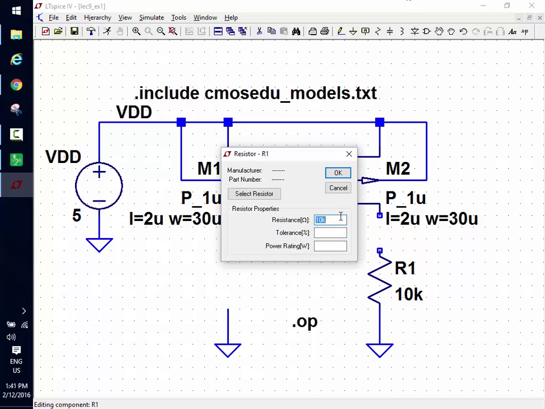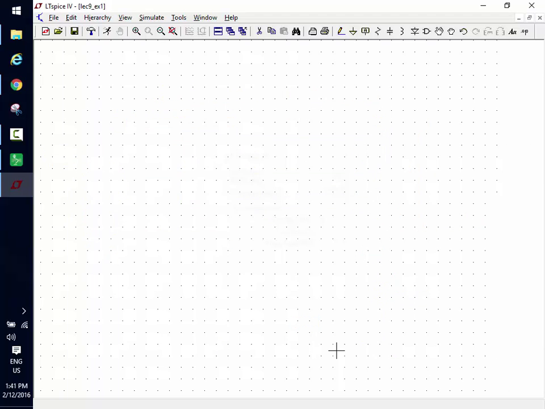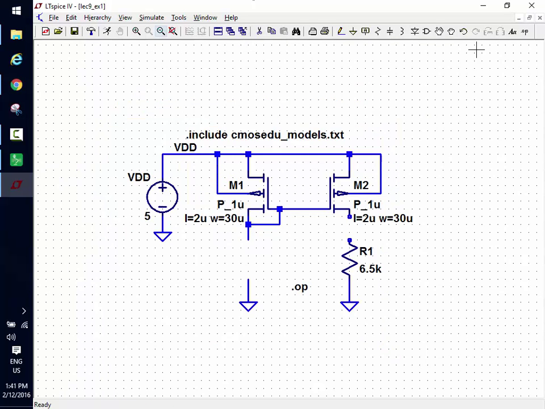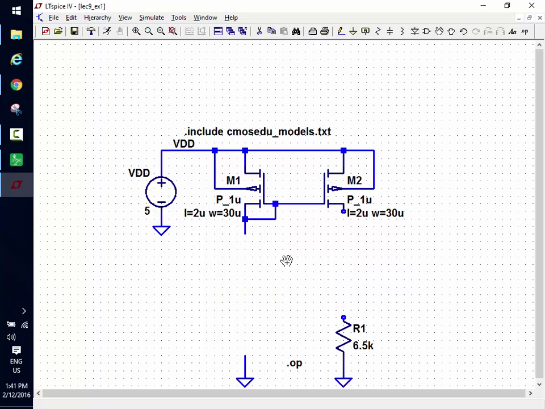All right. So this was 6.5K. And what is 1 over 6.5K equal to? 150 micro. We'll find out. And let's see, we got 5 volts there. We got our dot include. We're gonna grab this thing here. Then I'm going to one more time